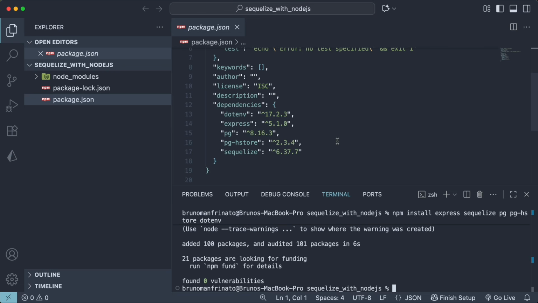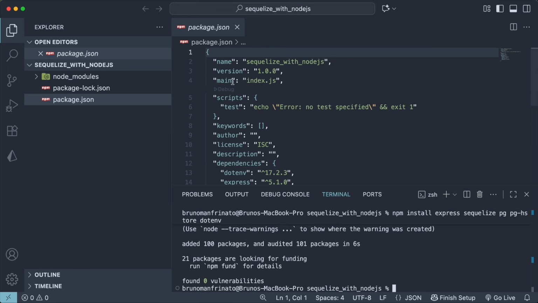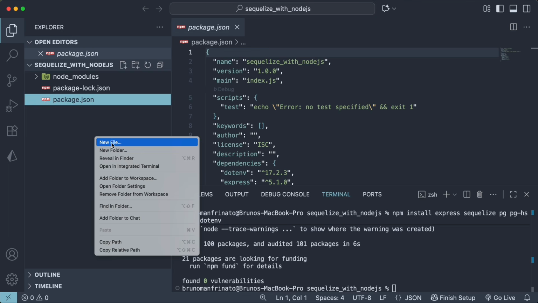object. Still inside the package.json file, we have a property called main pointing to an index.js file. This will be our main file, the starting point of our application. We can change this to app.js or server.js, any name we like, but I'll leave it as index.js. So we need to create this file on the root of our project. So here on the root, I'll create a new file called